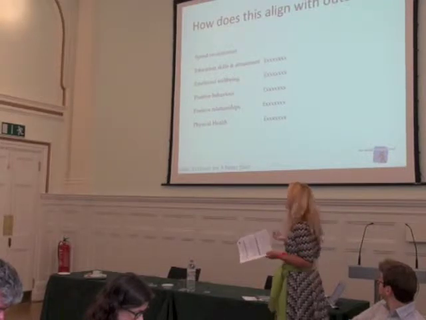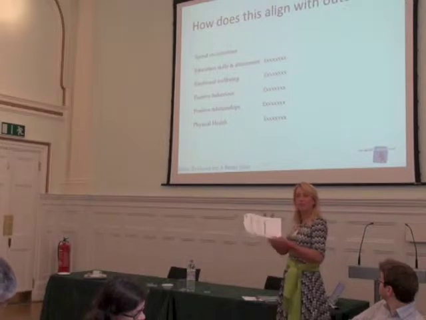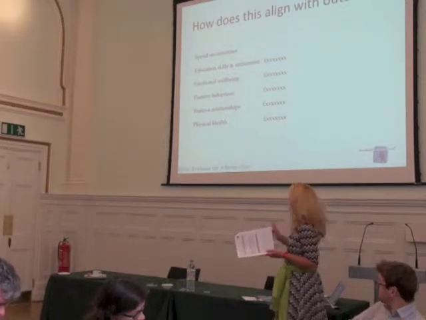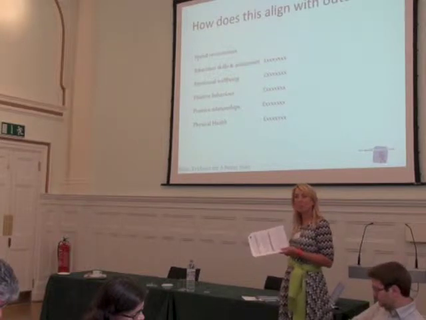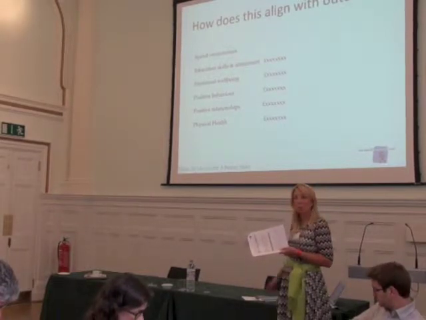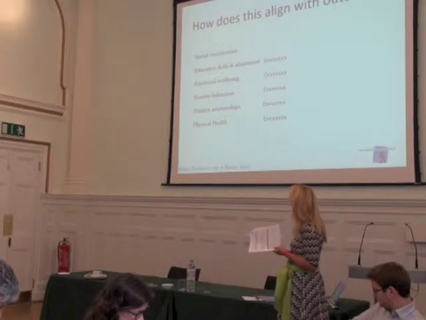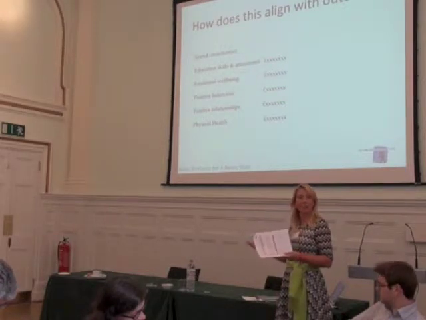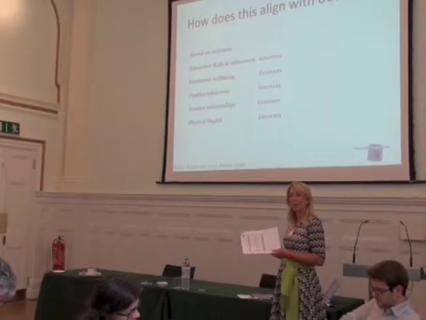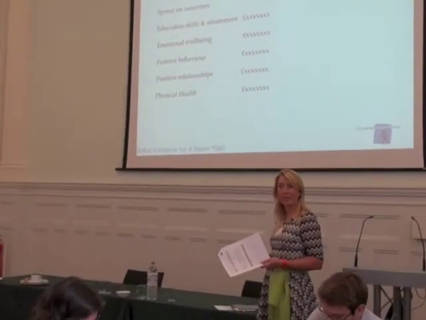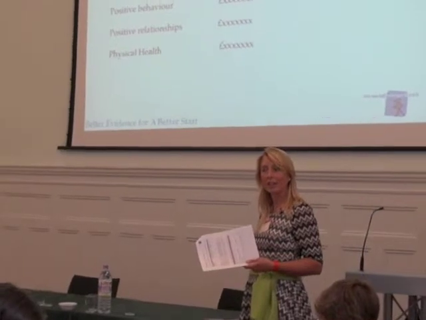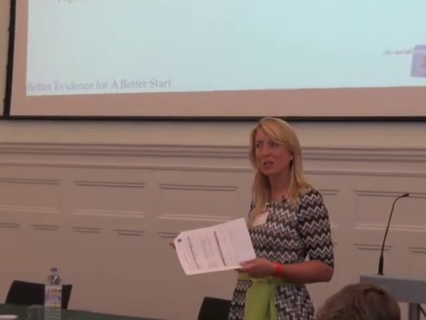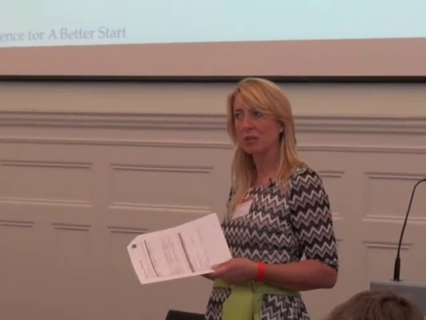But if you can get to the point of being able to say, well, we spend 20 million, and actually probably 80% of it goes on improving educational skills and attainment, probably about 2% on improving emotional well-being, maybe about 1% on positive behaviour, we can start getting a sense of how you spend your money and how that's aligned with outcomes. Again, this is a very different way of thinking, but this whole piece of work is about how you're improving particular outcomes for children. And we do need to have a sense at the outset of what your current investments are in improving those outcomes.